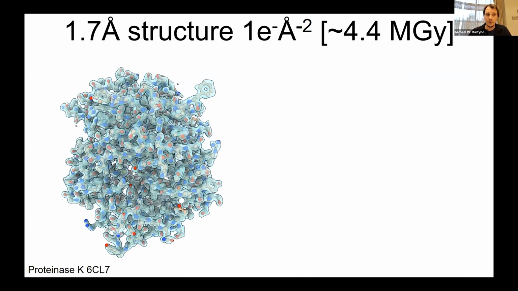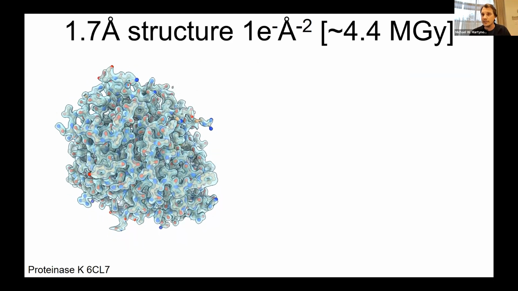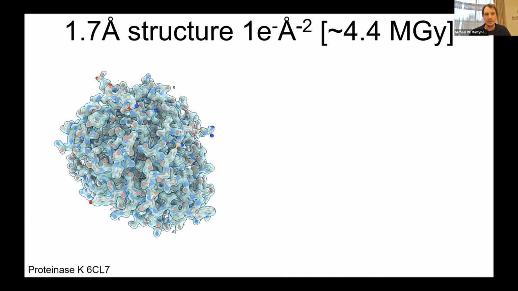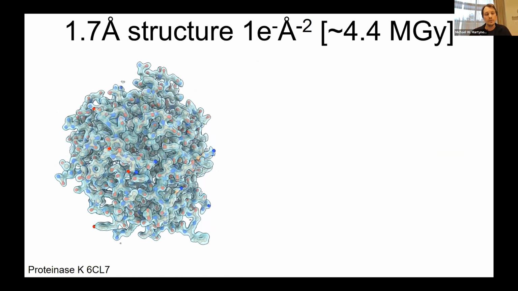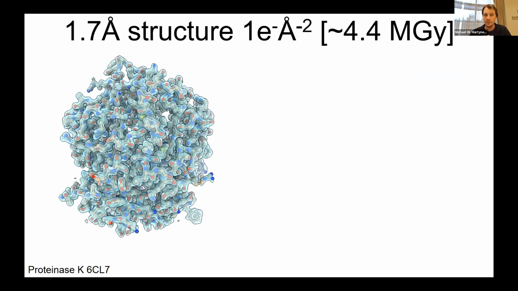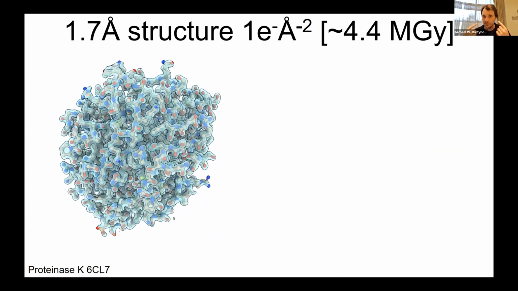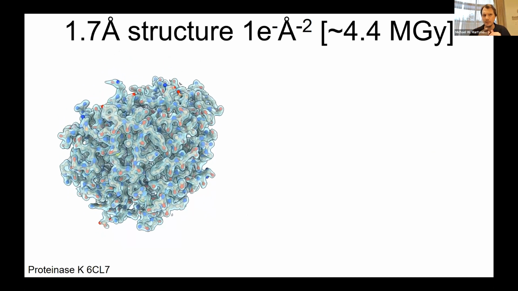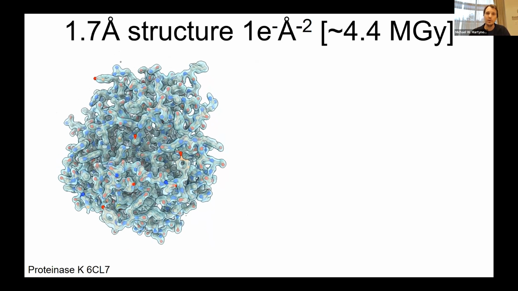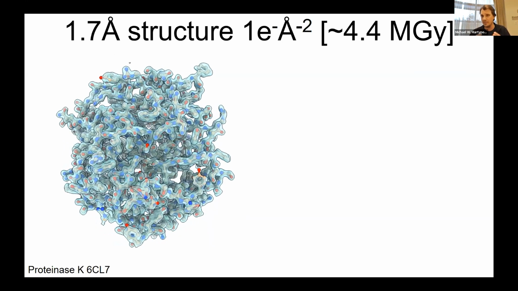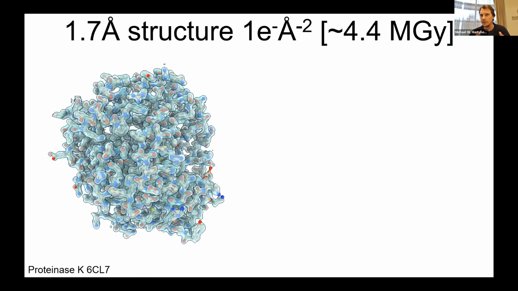The data that I just showed you gave us a 1.7 angstrom structure of an enzyme that breaks up other proteins, called proteinase K. So this entire protein was solved in a transmission electron microscope at 100 Kelvin using one sweep of data, the one I just showed you, covering approximately 60 degrees. And it was done using a total exposure in the microscope of only about 1 electron per angstrom squared. This corresponds to between 2 and 4 megagrays, depending on the